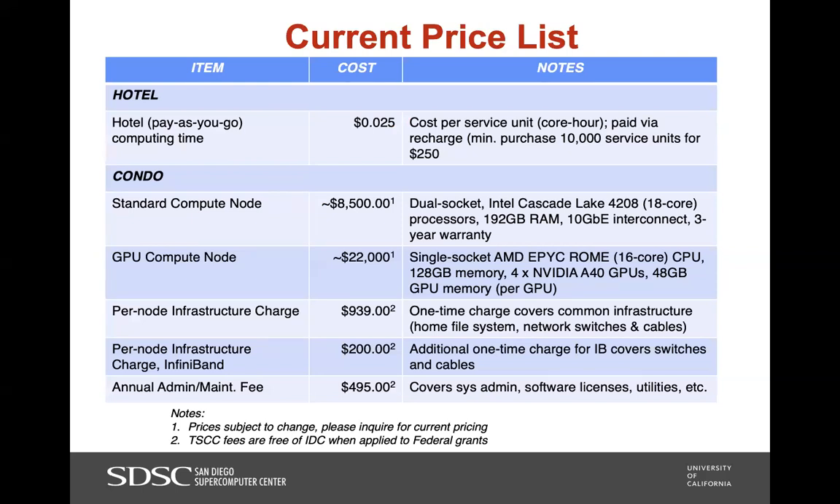So we work with vendors, and especially when you are writing your proposals, we can provide you this pricing structure if you want to include, or if you're thinking of buying nodes as part of your research grant proposals. This is an example that we did recently, for a Condo node with an Intel Cascade Lake processor. And this shows the pricing for buying 4 NVIDIA A40s